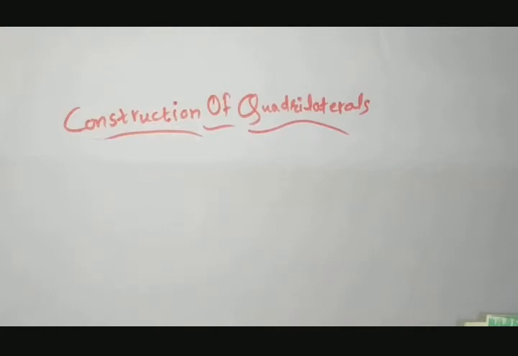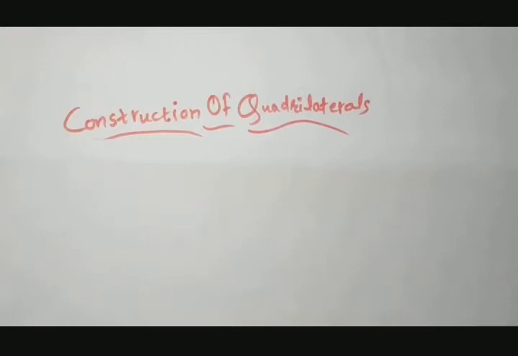So here dear students, we are going to start our new chapter, construction of quadrilaterals. So friends, you know that you can construct a quadrilateral. First of all, for construction you need to remember that you have to make a rough sketch first. A freehand rough sketch you can make very easily, and then by looking at that rough sketch you can draw the actual fair quadrilateral.